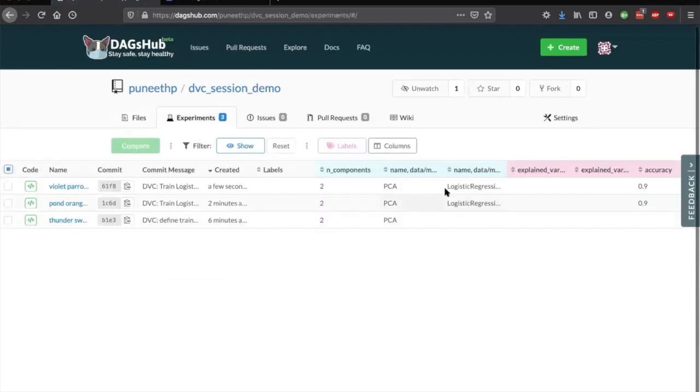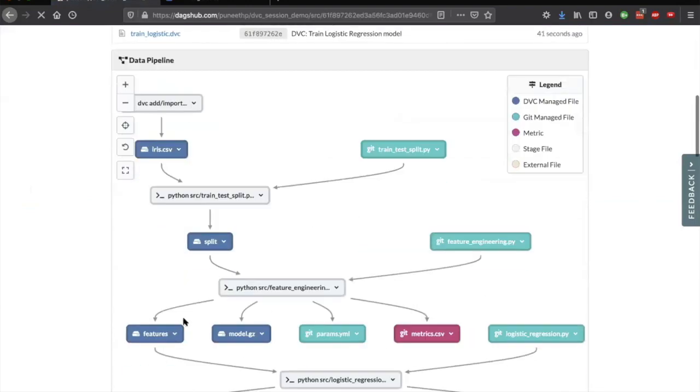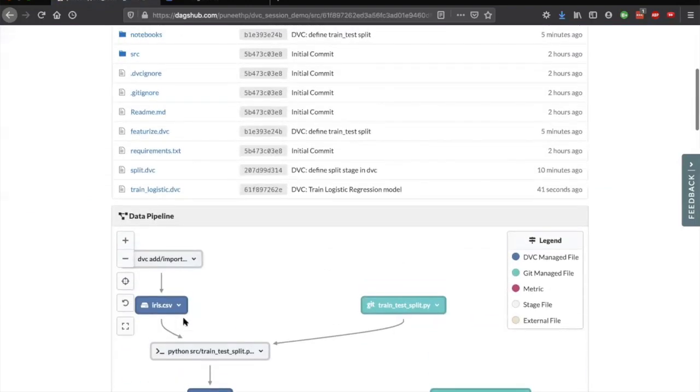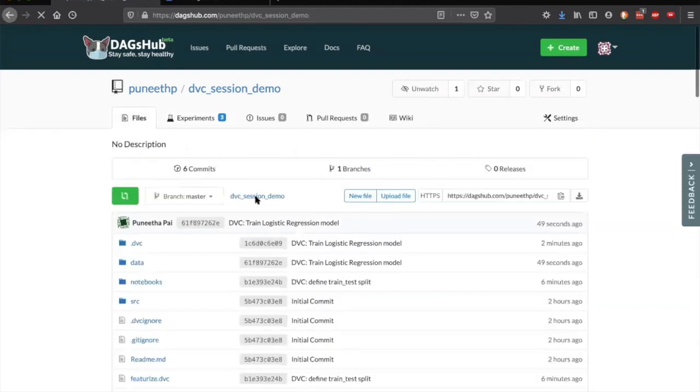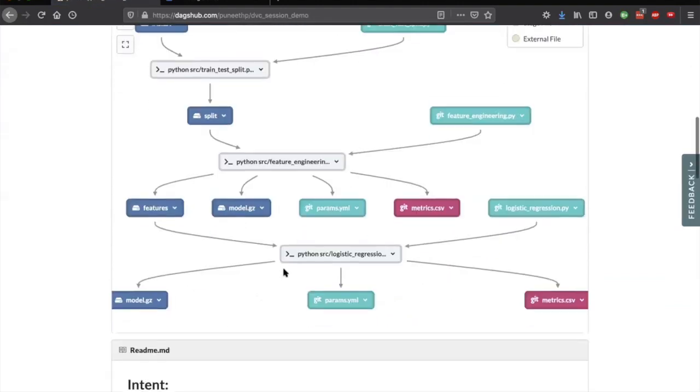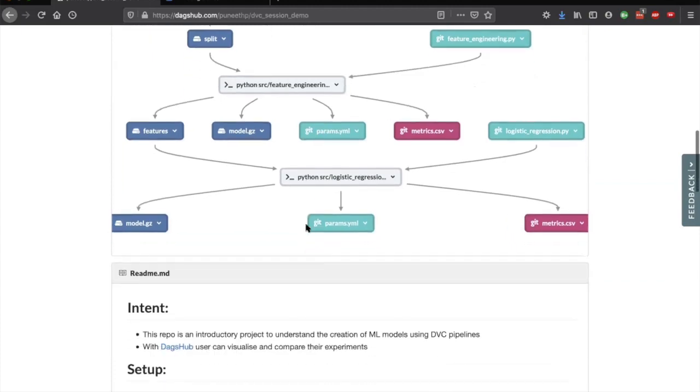So you have trained logistic regression model and accuracy score is 0.9. And for each commit, it shows as experiment tab here. So you can go to that commit and check out to that commit and modify any experiments you want. Okay, so current stage of pipeline looks like this.